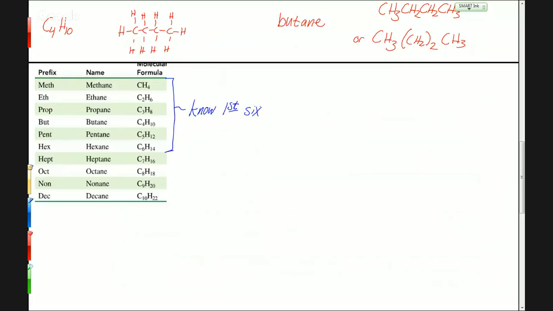So no methane, ethane, propane, butane, pentane, and hexane. And then if you need the other ones, I'll give them to you on the exam. Something interesting starts happening when we get above 4. And that is that you can draw the same structure, or you can draw 2 different structures with the same formula. So let's look at